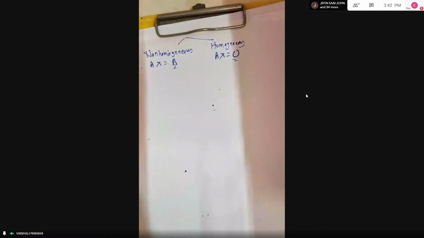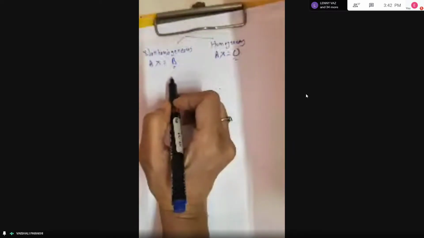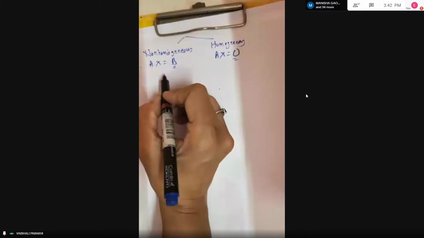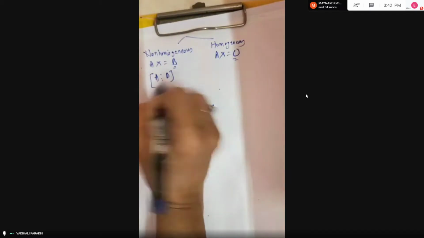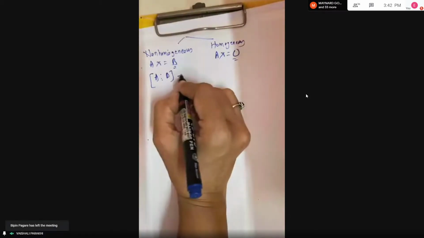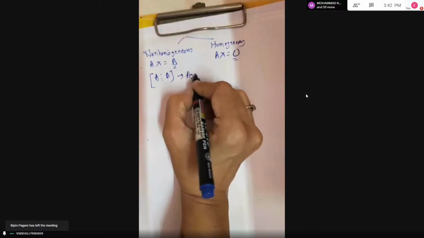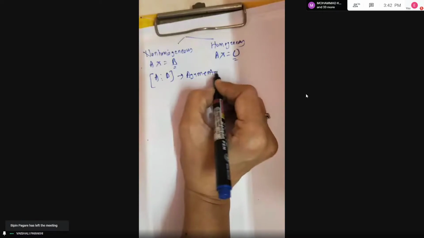Suppose I want to start with the non-homogeneous system of equations. See what was explained in the videos, but let me tell you again. Now there are two cases. First is whether the system is consistent or inconsistent. The first step is to write the matrix A partition B. What is this matrix called? This matrix is called the augmented matrix.